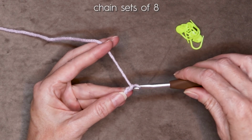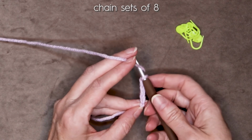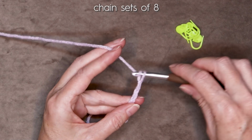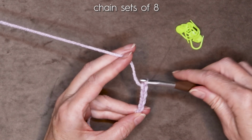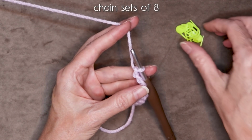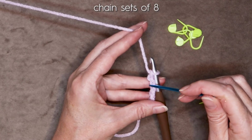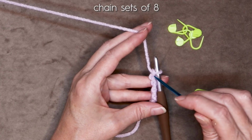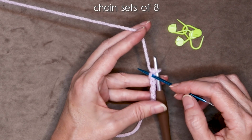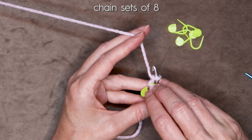So chain 1, 2, 3, 4, 5, 6, 7, and 8. So there is our loose chain 8. Roll that cute little chain over onto its side. You can see these camel bumps along the back, or the back loops. And find the very first one. It's right underneath your working yarn. That's where we want to put our stitch marker. So pop your stitch marker in